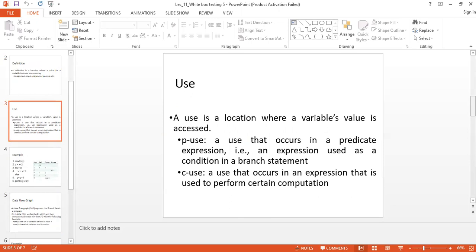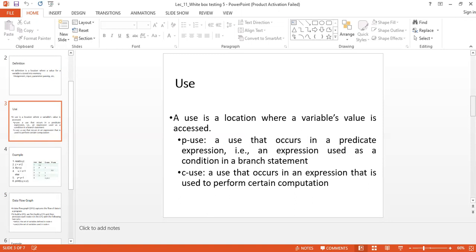In data flow testing, data is defined as a definition, and those data can be utilized or used in different operations. The functions or operations that we can perform on the data, variables or whatever, are denoted as use.